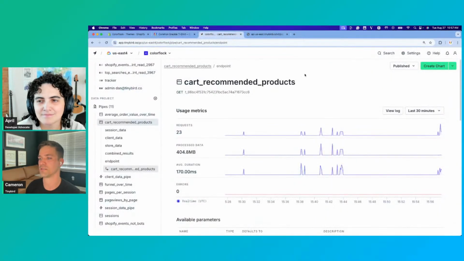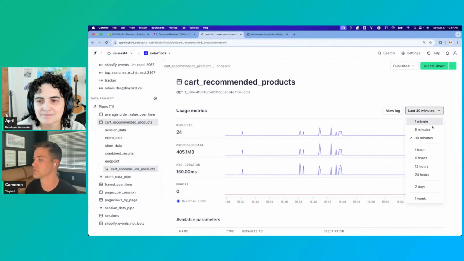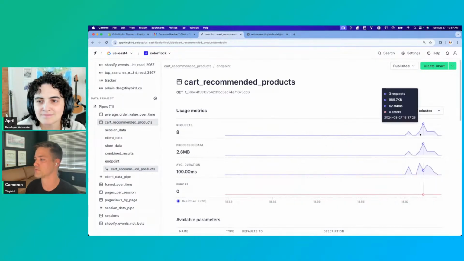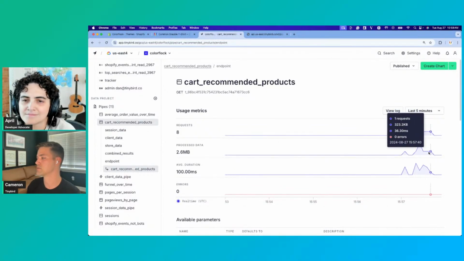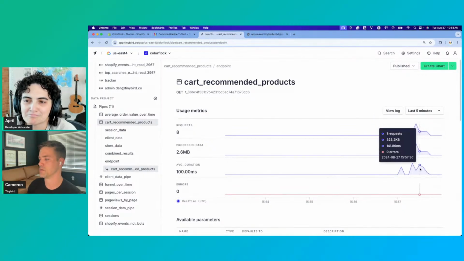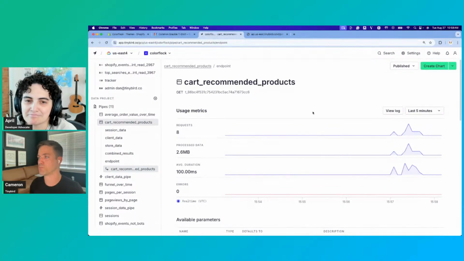So let's go look at the API now. If we look at the process data, it's not even registering on this chart anymore. Let's go look back at the last 5 minutes. So I went from about 50 megabytes per request, so I've got roughly an order of magnitude better in terms of the process data. And I've cut the average duration in half. Now I have a roughly 100 millisecond endpoint. So that's much more performant,